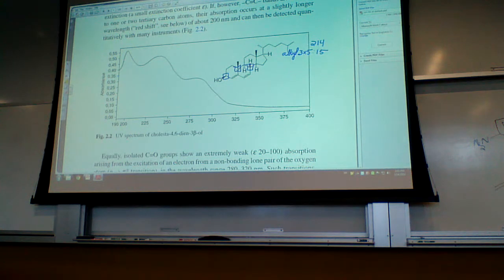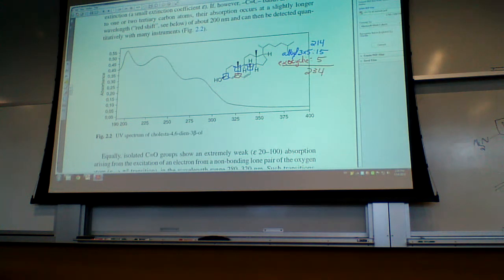And we only have one exocyclic double bond, and so we would have 5 for the exocyclic. So we'll add 5 more. So this gives us a lambda max of